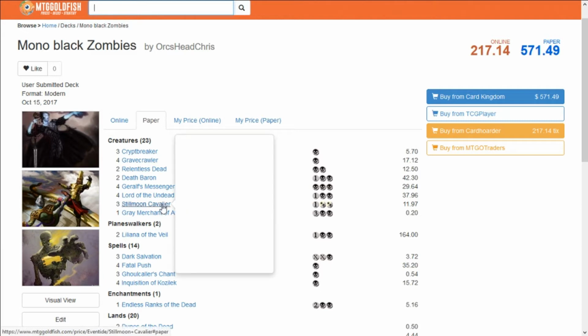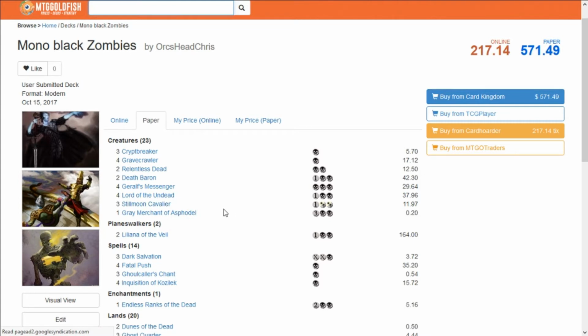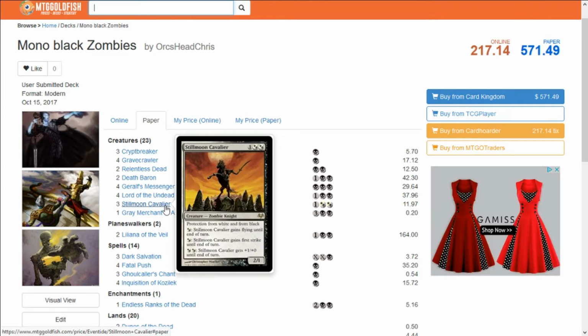So next card I run is Steel Moon Cavalier. He's 2 mana, 2 black or white and 1 mana. He has several special abilities. So for him, he has protection from black and white, and also he can pay 1 black or white and he gains flying, pay 1 black or white for first strike, or pay 2 black or 2 white and he gets +1 till end of turn,